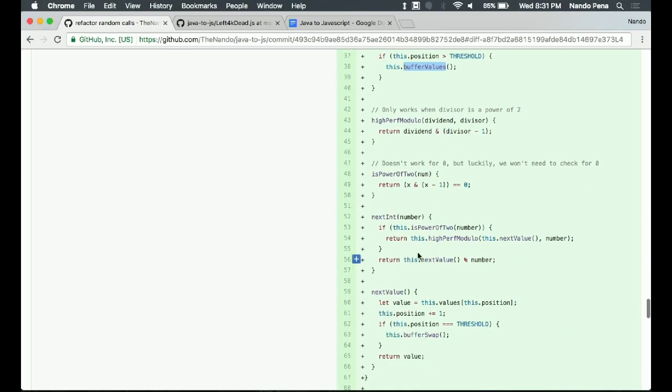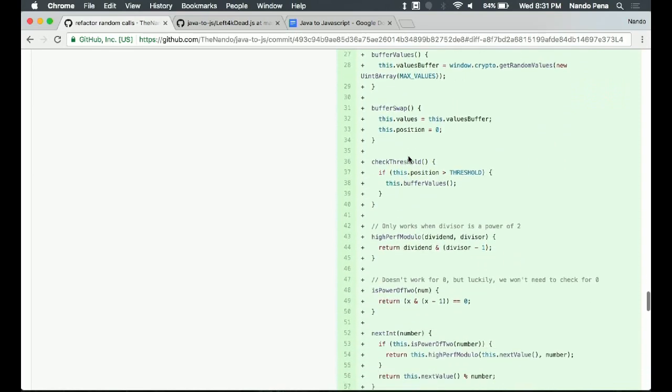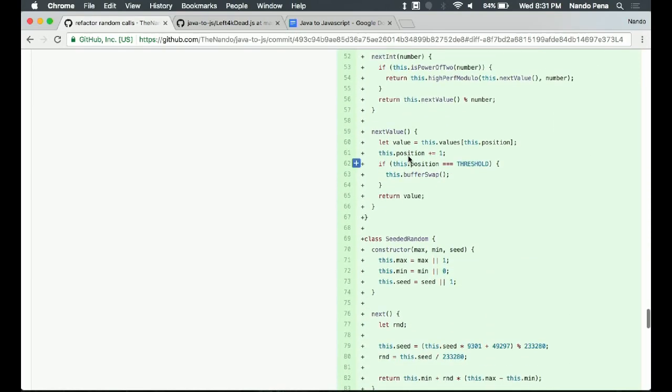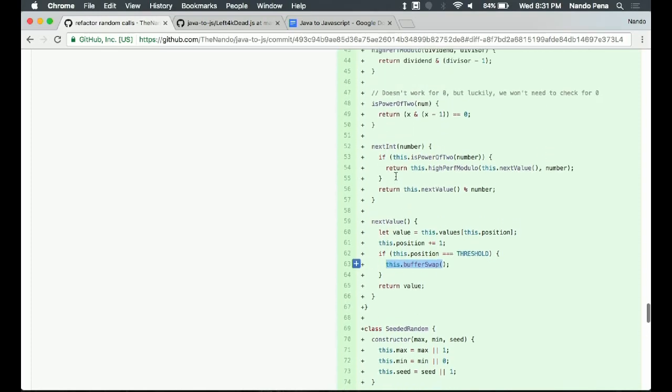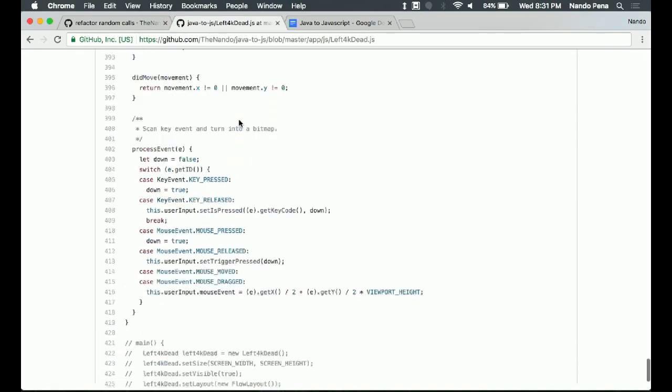And then whenever I run out of those numbers, when I do this next value, it just swaps over to that. Whenever it does that buffer swap, it's saying, hey, you're pointed at this old version of numbers, now point at the new one, and then this old one will take its place and eventually get repopulated once the threshold is hit. This is a lot of gymnastics I'm doing just to try to get some high performance numbers.